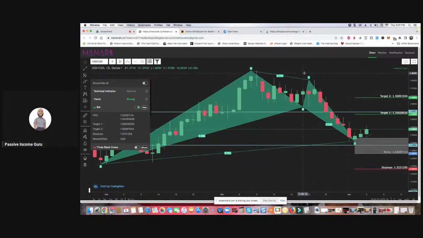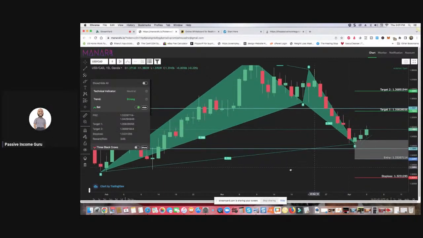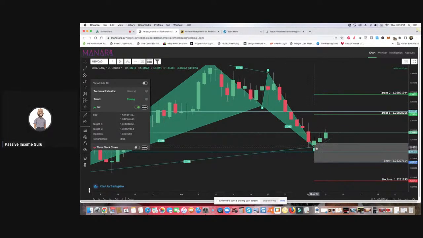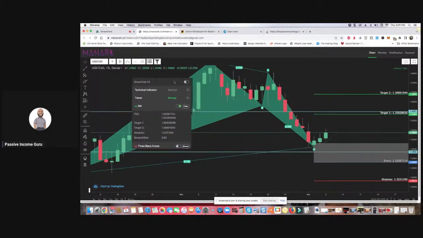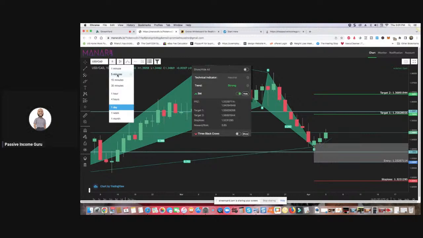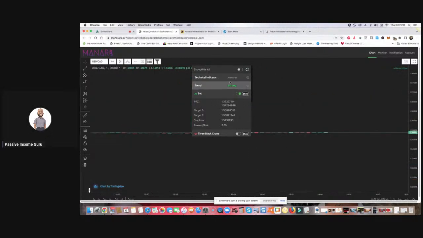I know personally that every impulse move in the market, there has to be a correction. Every impulse move: impulse, correction, right? You see this right here? Impulse, correction, impulse. Now we got to correct. So this is what I was looking for starting the week. Now, once you see the setup, you can't just enter on a setup right off the bat. You have to drop down to a lower time frame. My favorite is probably the 5 or the 1 minute time frame.